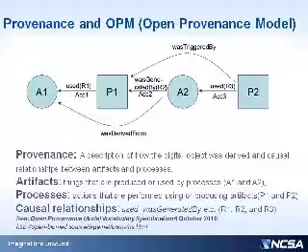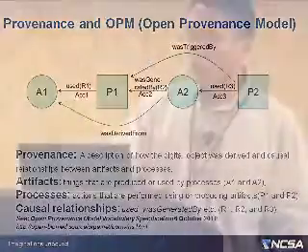So I don't want to go into too much detail of a theoretical discussion of any provenance or open provenance model, but to give you an idea of how we did it, I have to give a brief introduction of that. So basically, provenance is a description of how the digital object was derived and the causal relationships between those artifacts and processes. So this is a simplified representative OPM graph where you have artifacts and processes, and